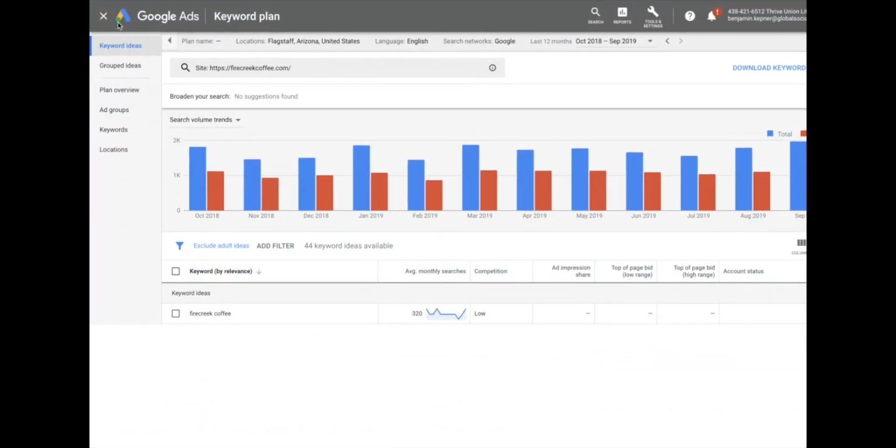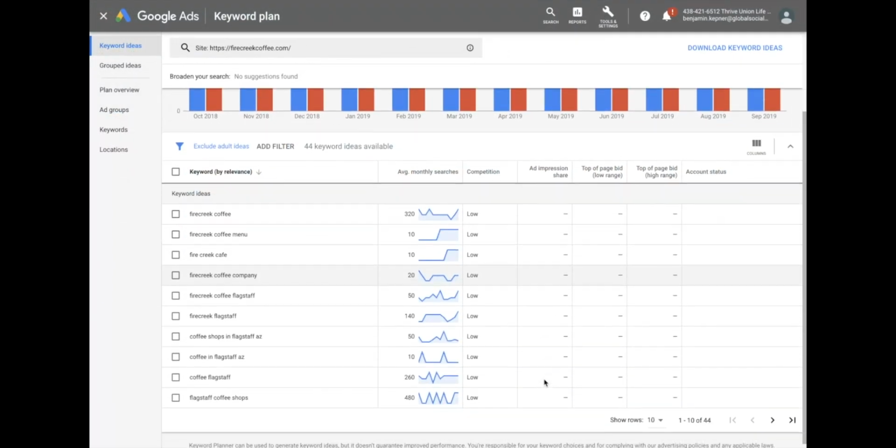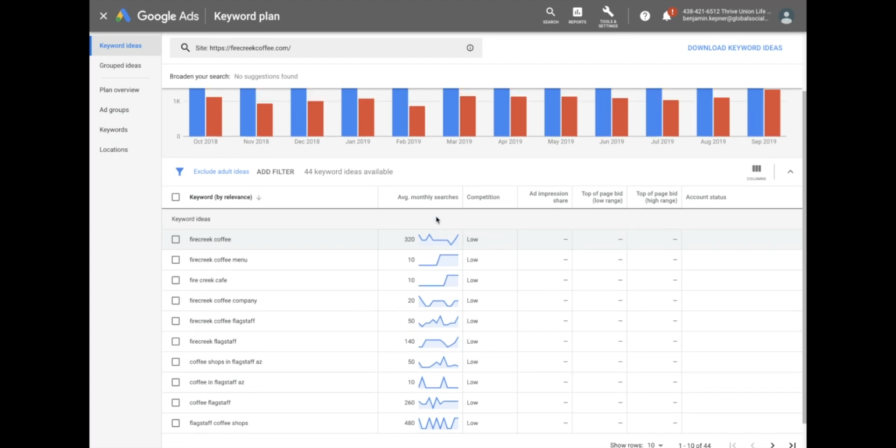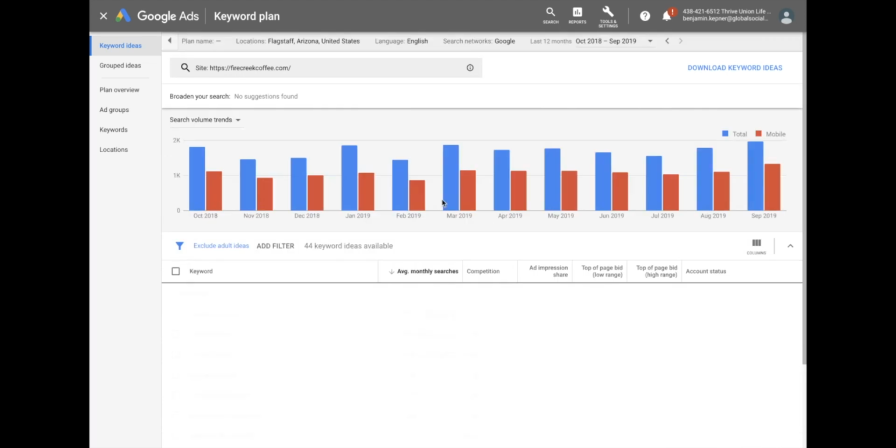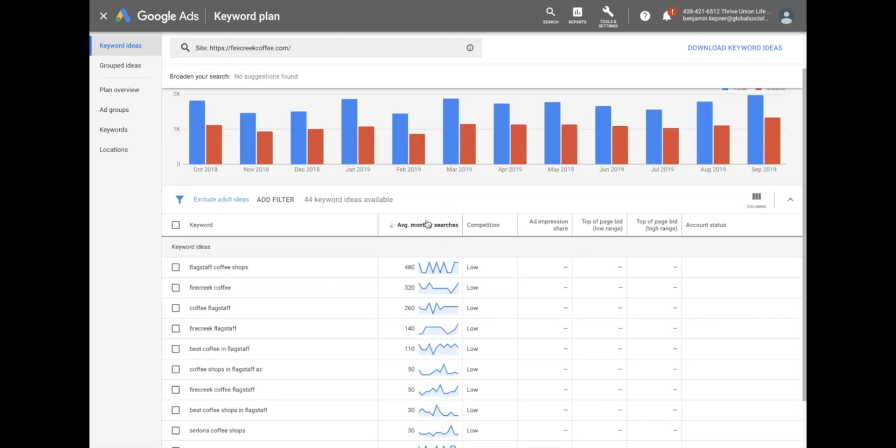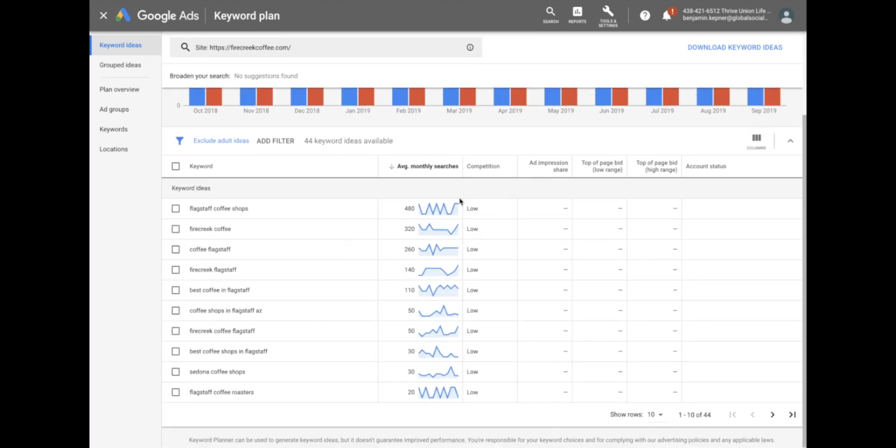And then those will be your results. So this is going to shoot back to me some results on what people are searching for. Fire Creek Coffee, for example. I can see that there are 320 people a month searching for that. The first thing I want to do normally is look at the average monthly searches. I'll always click at the top so I can see, all right, Flagstaff Coffee Shops is being searched 480 times within Flagstaff, Arizona's location in English on Google search,